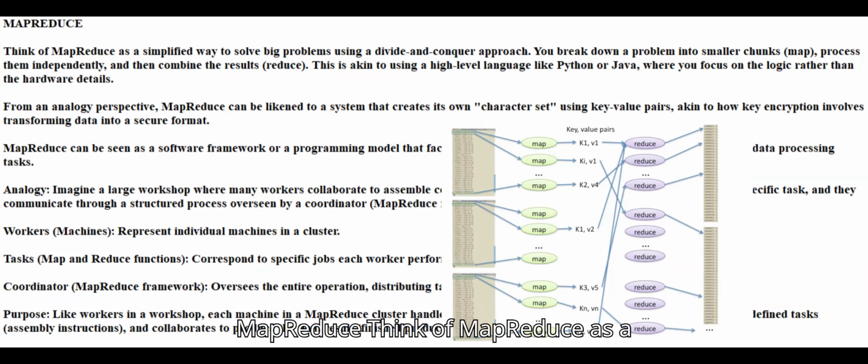MapReduce. Think of MapReduce as a simplified way to solve big problems using a divide-and-conquer approach. You break down a problem into smaller chunks (map), process them independently, and then combine the results (reduce). This is akin to using a high-level language like Python or Java, where you focus on the logic rather than